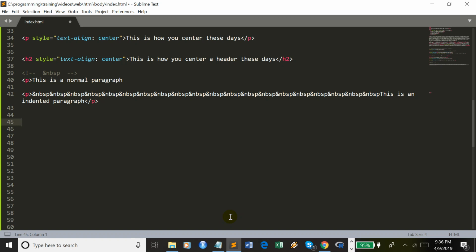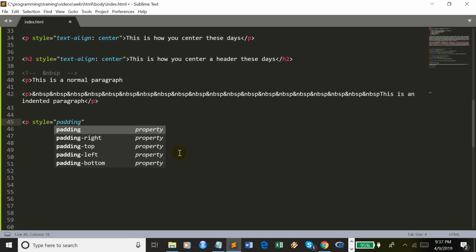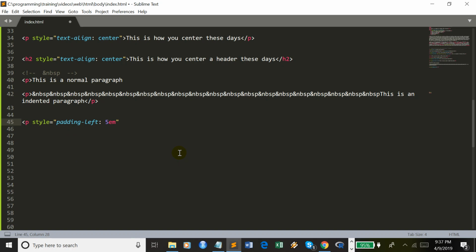So the modern styles version of this might be something like, let's say it's going to be padding left. So it would be P. That's not a proper tag, Peter. P. Sorry, actually, I accidentally hit my caps lock for a second. There's style equals, and we'll make this padding dash left and 5 EM,